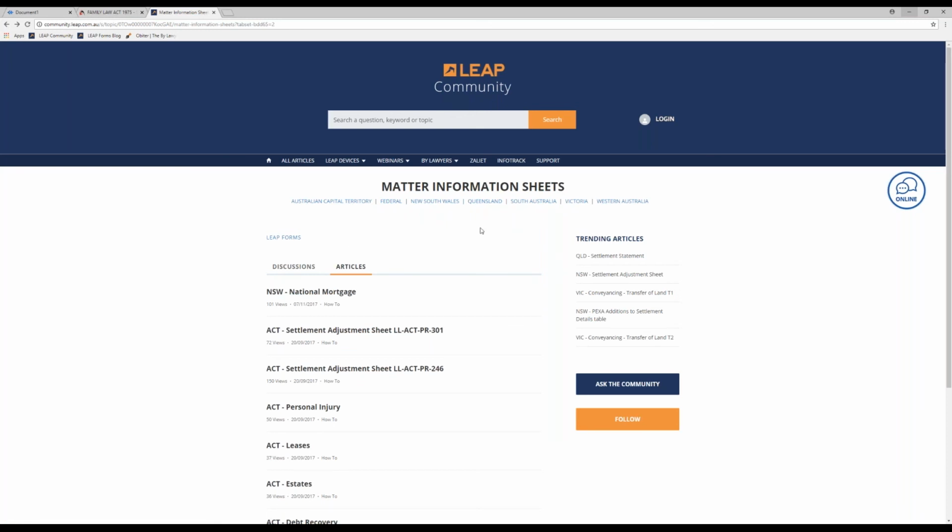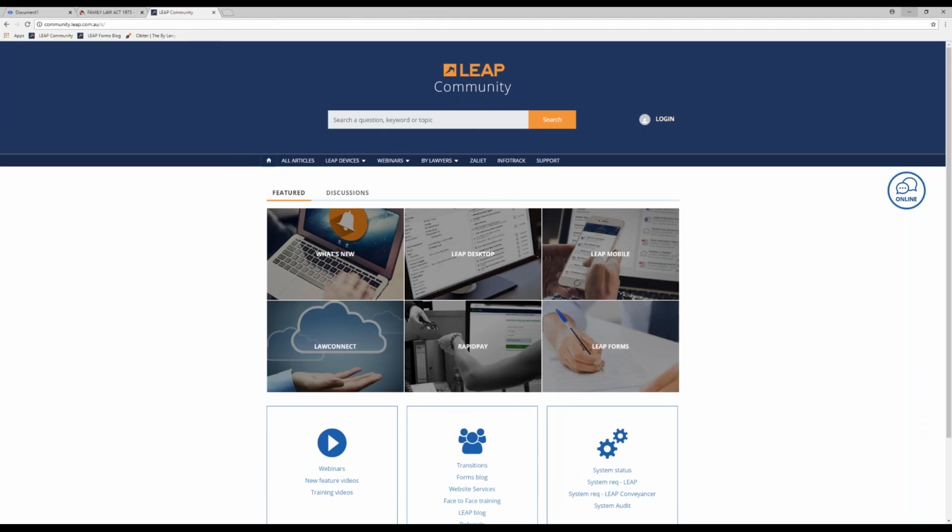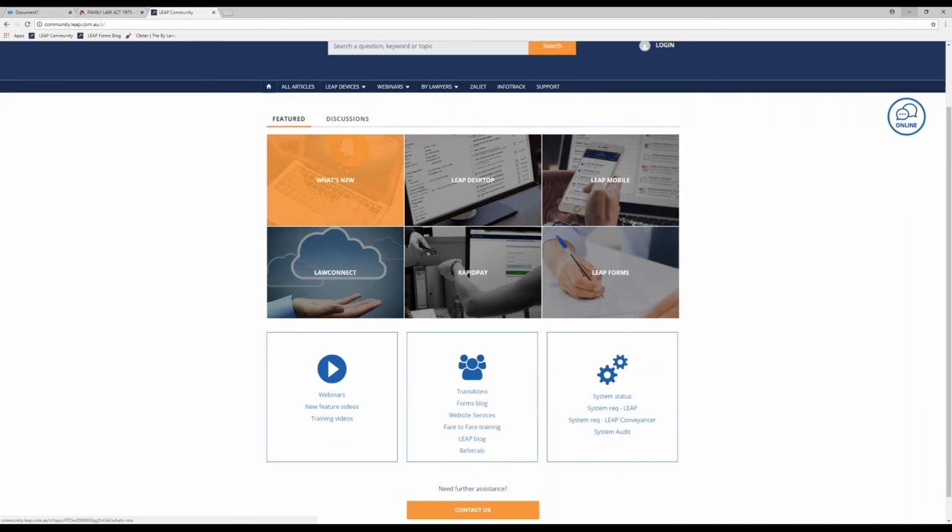Moving on, let's have a look at the LEAP Forms blog. As mentioned earlier, our content team is constantly working to keep these forms updated. The LEAP Forms blog informs you of all the updates we have made to our forms. To access the forms blog, you can click back on the homepage of the community, scroll down, and click on Forms blog. That will open a page where you can select your jurisdiction,